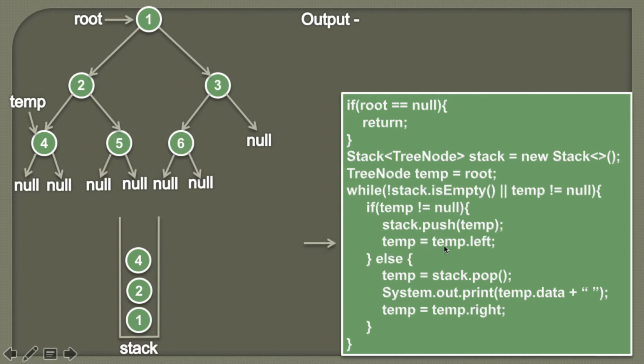And in the next step we'll simply traverse temp by assigning temp.left value to temp. Which makes sense because before visiting this node we have to first visit its left subtree. Therefore now temp has to move to its left subtree. So now temp will point to a node which is left to node 4, and here you can see it is pointing to null. So therefore now temp will point to null. Moving ahead.